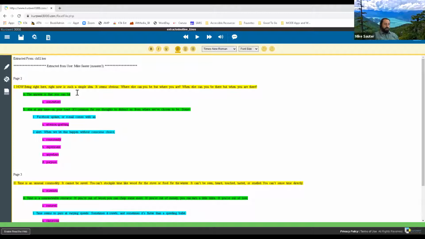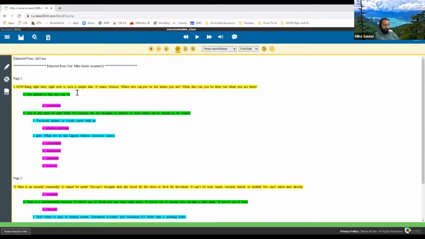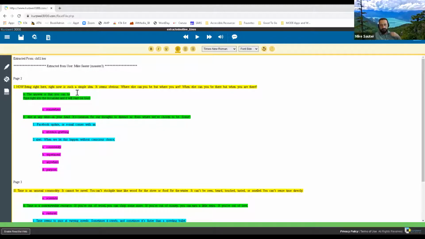All you have to do is just simply type right into the document, and it will read out loud. Right, so this is Kurzweil. Kurzweil reads things out loud. So notice that it is reading what I'm typing out loud.